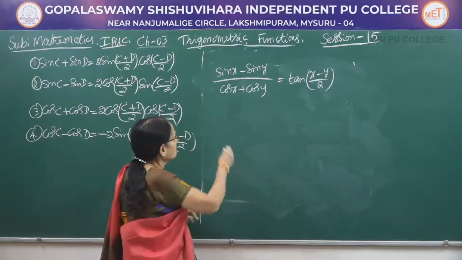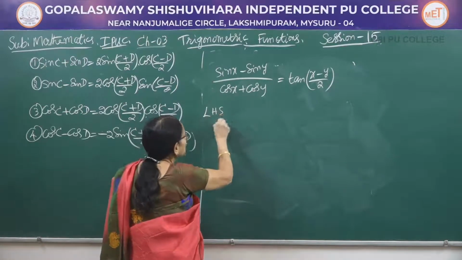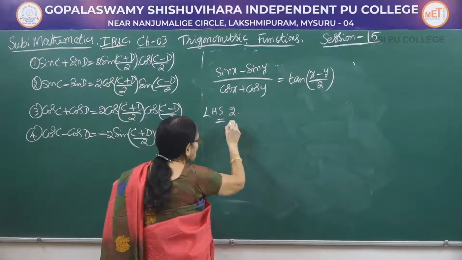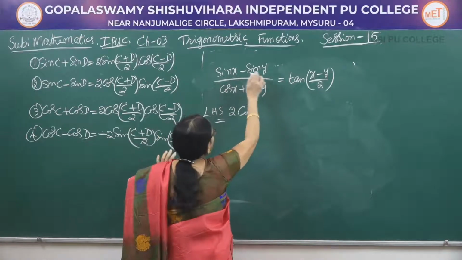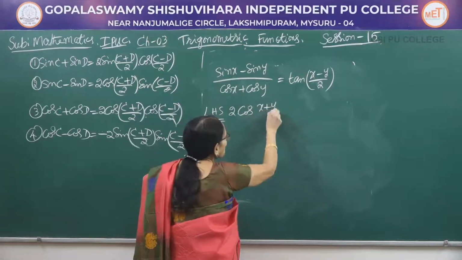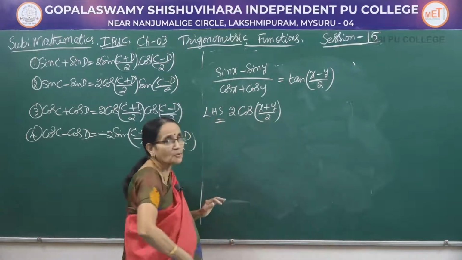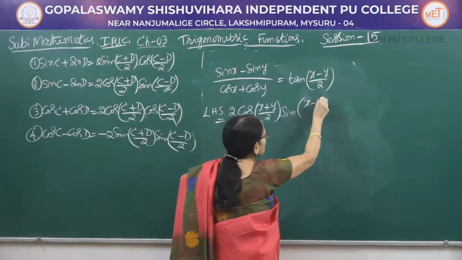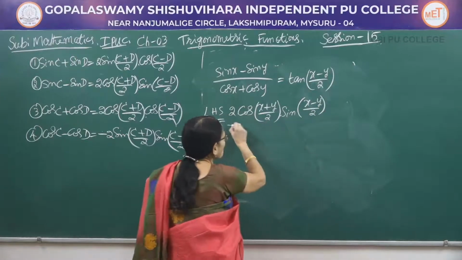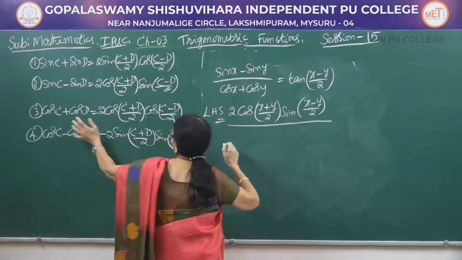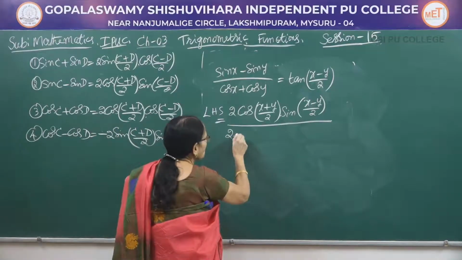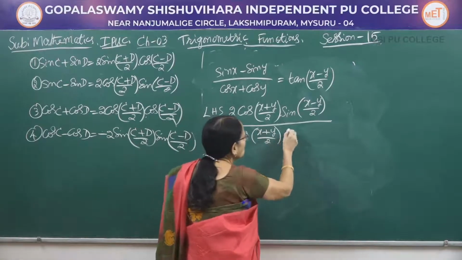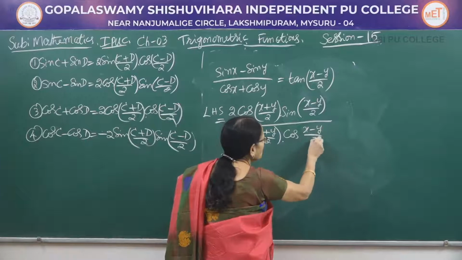So when you apply the result, directly you can apply the formula here. It is of the form sin c minus sin d. So what does the formula say? 2 times cos of (c plus d) by 2, that is (x plus y) by 2. We are getting a half angle here, into sin of (c minus d) by 2, that is (x minus y) by 2. Whole thing divided by cos c plus cos d, the third formula, it is 2 times cos of (x plus y) by 2 into cos of (x minus y) by 2.